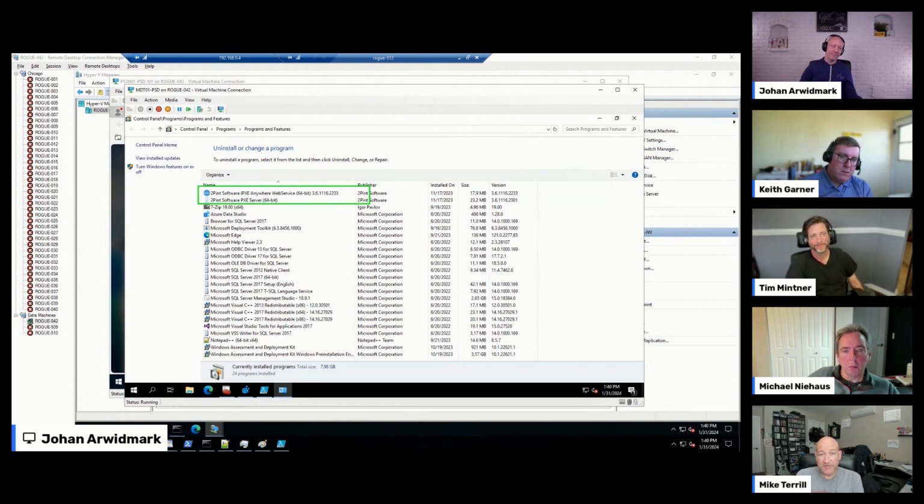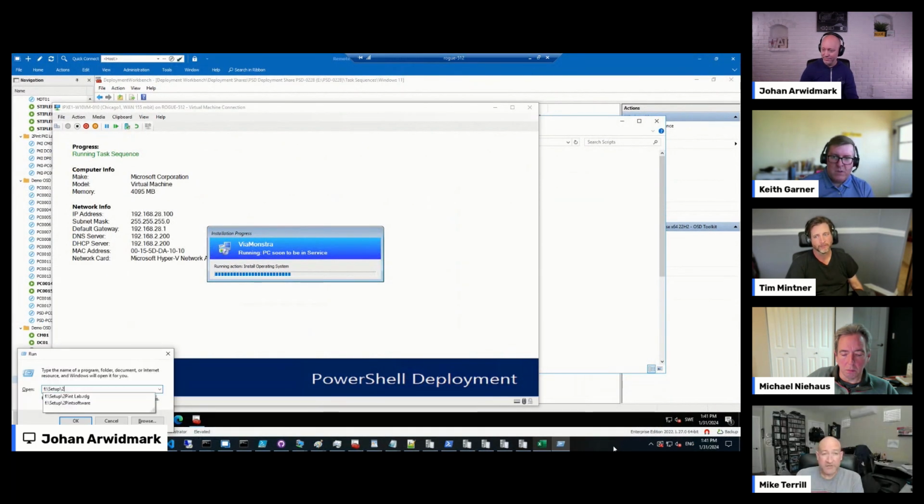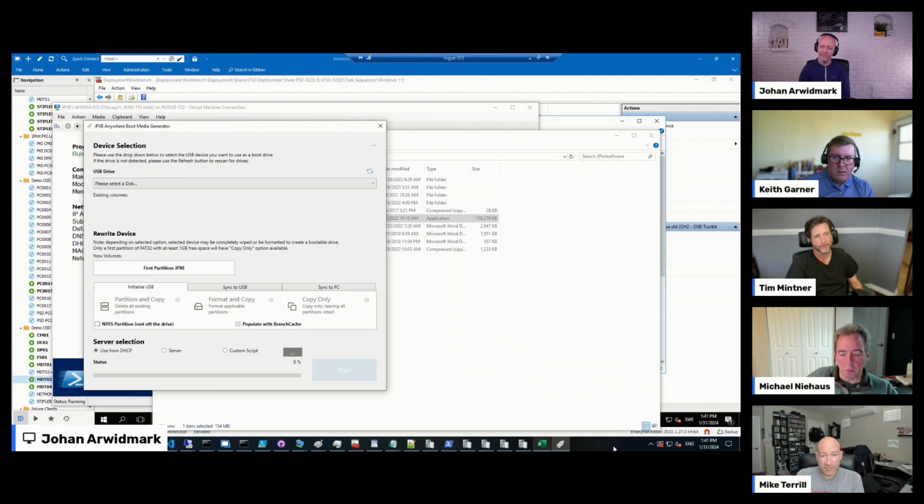And then also lastly is ISO. So something that we haven't really discussed much yet here is server OSD. So there's a lot of server builds or remote server builds that are invoked via iLO or lights out type cards. Typically, you can mount an ISO through those across the wide area network, and it takes an extremely long time for that machine to boot up. Whereas you can mount a small little ISO, and it's going to boot up in a fraction of the time because it's booting HTTPS across the network.